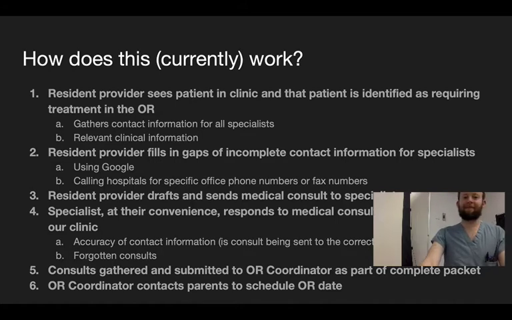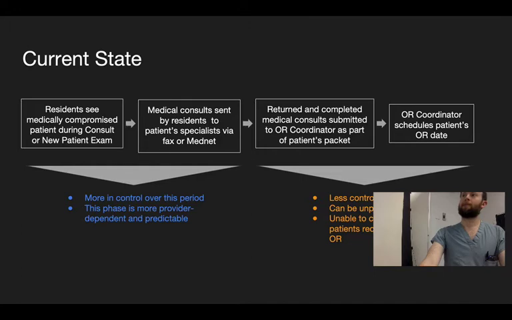So this is just a visual representation of what the whole process looks like. And this is just to clarify what phase we're specifically trying to intervene in. The secondary phase, where we're waiting for specialists to return things and scheduling, is really out of our control, or there's less control over that because oftentimes we have meetings with specialists and we can follow up, but it's harder to test and to implement any type of QI project. And so we decided to focus on what we can control, which is where the residents come in. And so it's more provider dependent and more